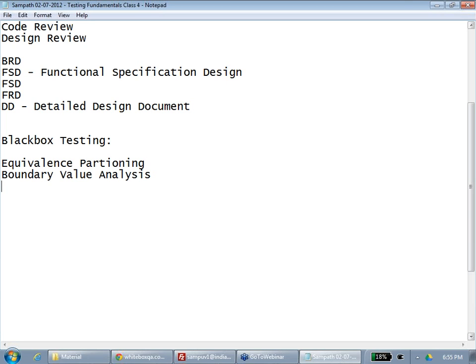So here Sujaya is asking me, if you have a meeting, will they give the document in the meeting or before the meeting? Generally they will give it to you before the meeting, so that you can review and come with your points. So they will send an email invitation for the meeting, right? And again, everyone should know how to use Outlook. If you want to go for a job, you should know how to use Outlook, how to send a meeting invite, and how to attach documents to a meeting invite. If I am inviting you for a meeting, I will send you the documents which are necessary for that meeting along with the meeting invite.